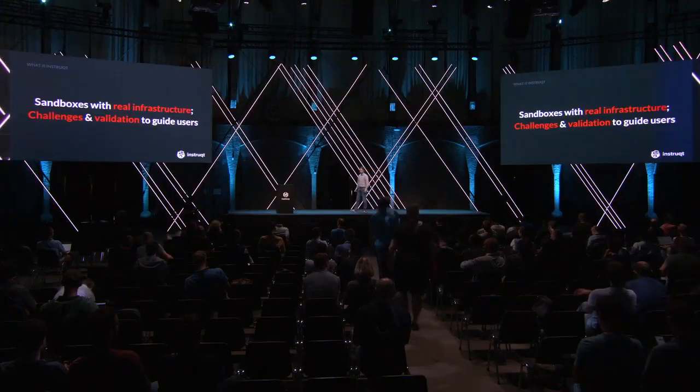And in these sandboxes, we are able to spin up challenges to provide our users, to make them think a little bit about your product, and to let them experiment hands-on. And while doing it, we actually validate that what they're doing is correct. And if they get stuck, we give them a little bit of a hint to move forward.